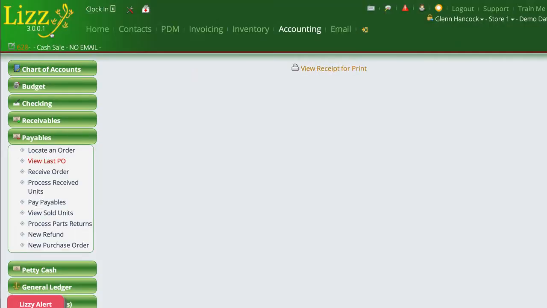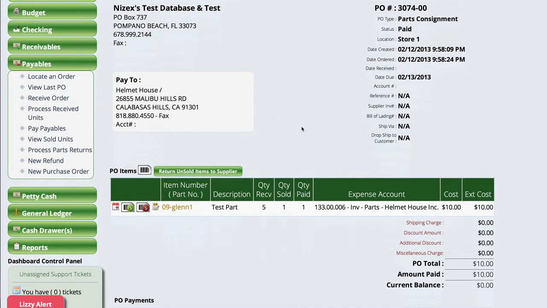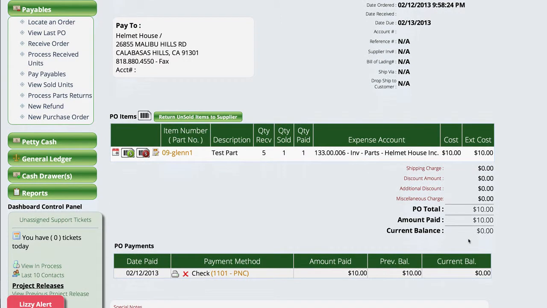Now at this point, I want to go back and view the purchase order that we had, and you'll notice now that we have a current balance of $0. So the system has correctly paid this item in this purchase order. I no longer owe the vendor any money. And you can see that we originally brought in 5 of these items, and then we've sold one and we've paid for that one. So as you sell the items, Lizzie will continue to increase the quantity sold,